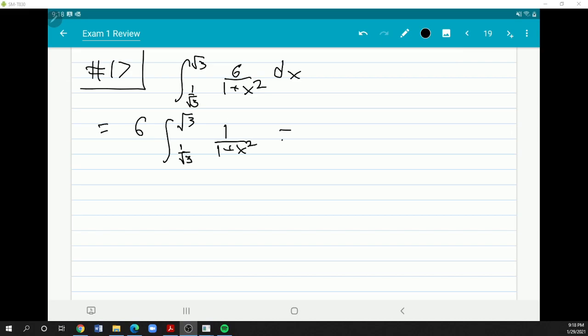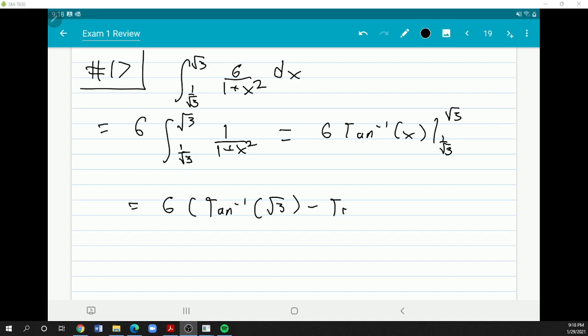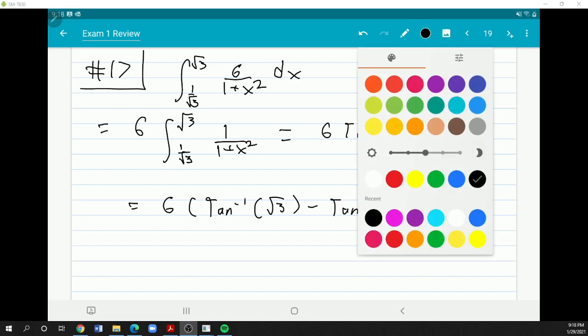The integral of 6 over 1 plus x squared equals 6 tan inverse of x, evaluated from 1 over root 3 to root 3. And this is equal to 6 times tan inverse of root 3 minus tan inverse of 1 over root 3. And you might think that there's some really nice values for those, but that turns out to